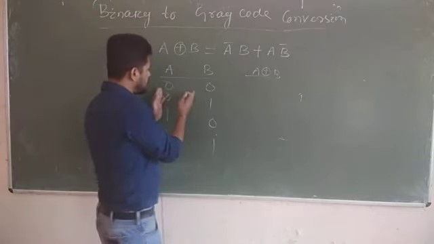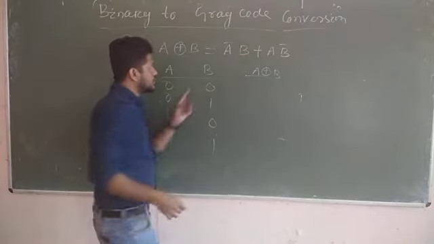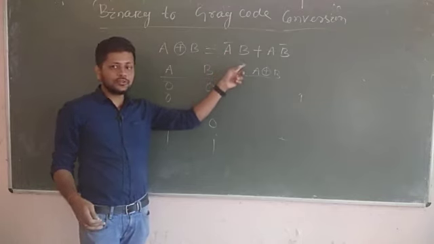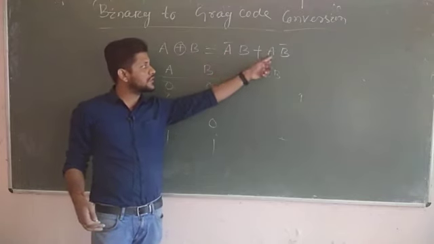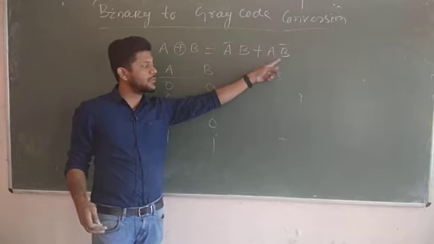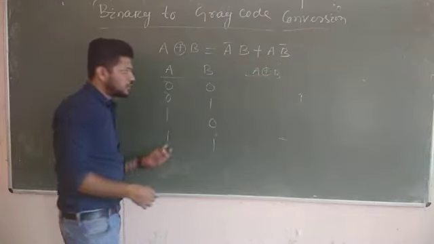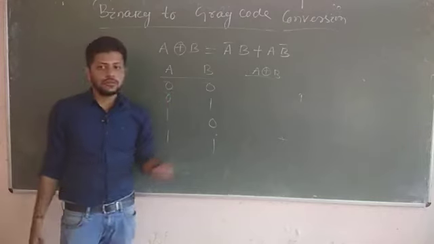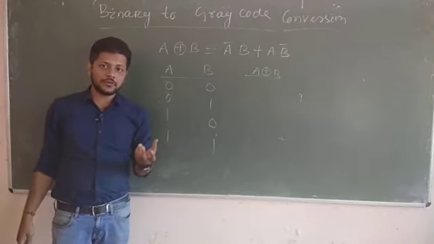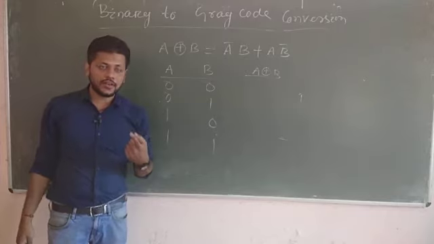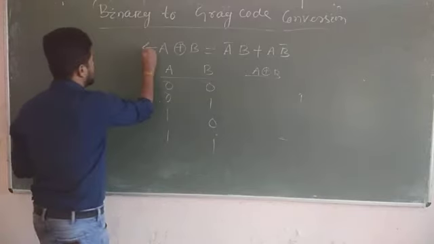In the XOR gate, if I put A equal to 0 and B equal to 0, the output is 0. If I put A equal to 0 and B equal to 1, the output is 1. So no need to remember or put these values. I have already explained one property of XOR gate, that XOR means odd number of 1s detector. This is very important.